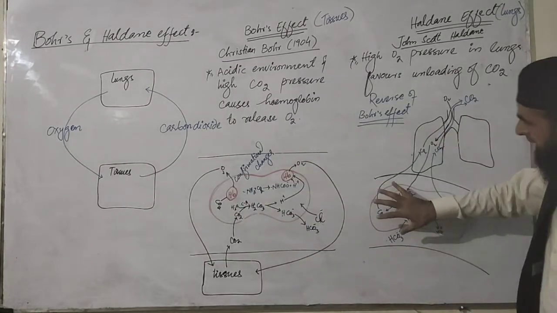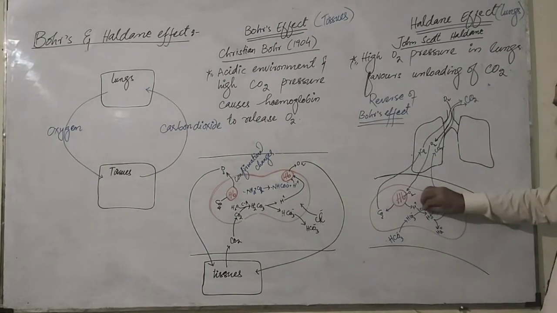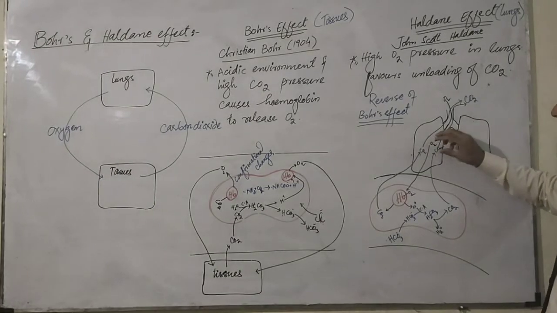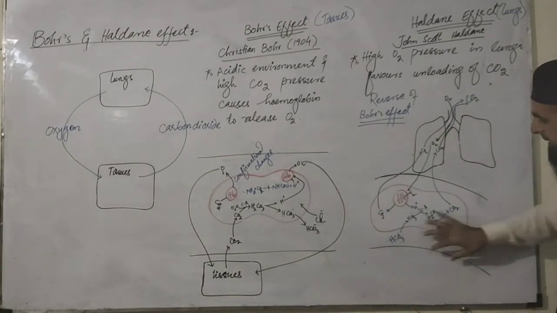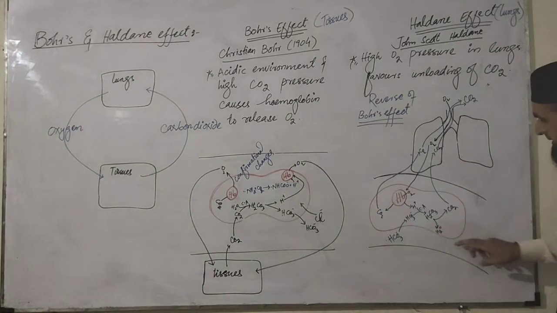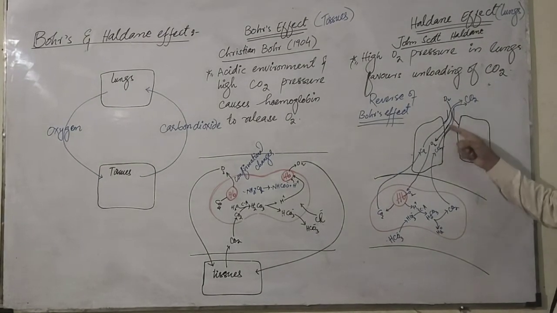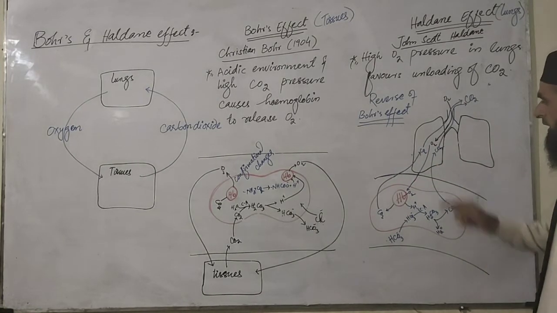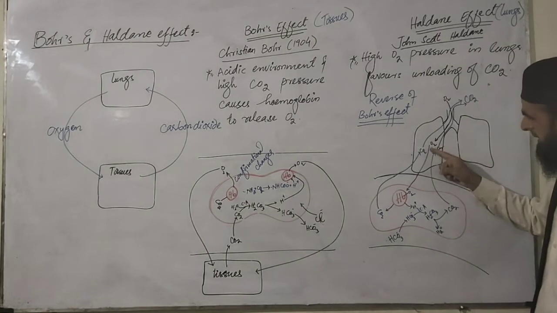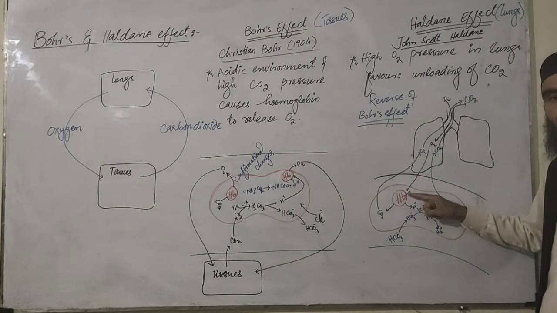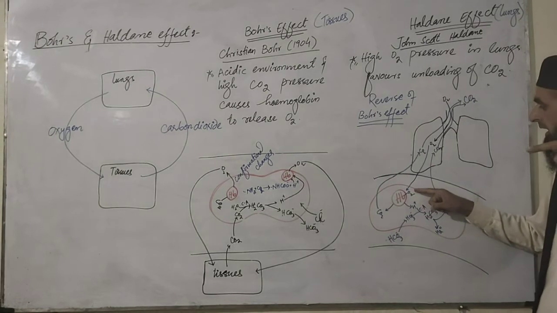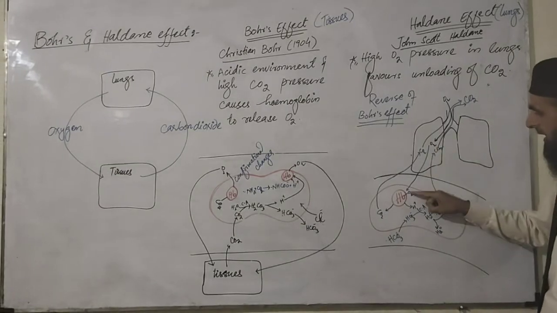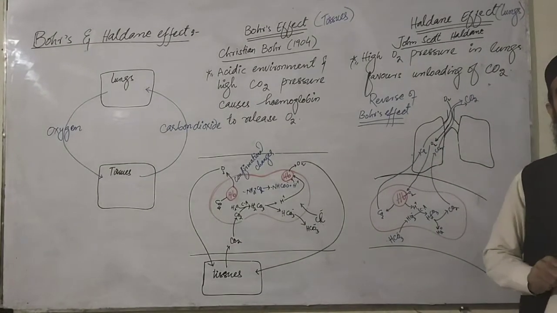Here in the lungs, the blood has brought carbon dioxide to the lungs. These are, for example, the alveoli, where there is a high concentration of oxygen, and this is the blood containing plasma, and this is the RBC, for example. So oxygen is taken in and given to the blood during exchange of gases through the alveoli. When the oxygen is given to the blood, what happens? This oxygen comes here and produces a very high pressure. The pressure of oxygen is greatly increased here. When this increased pressure is brought here, the oxygen is attached to the hemoglobin.